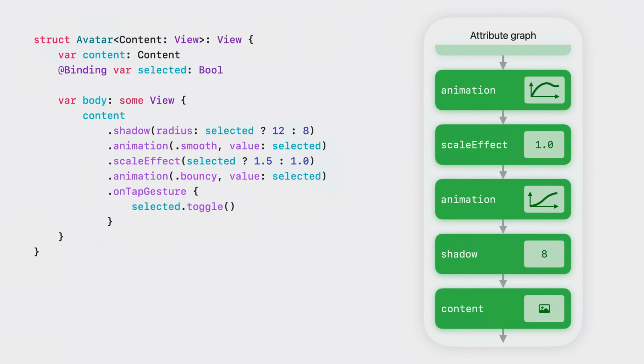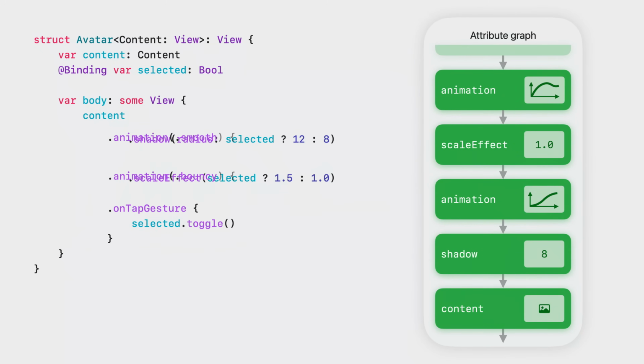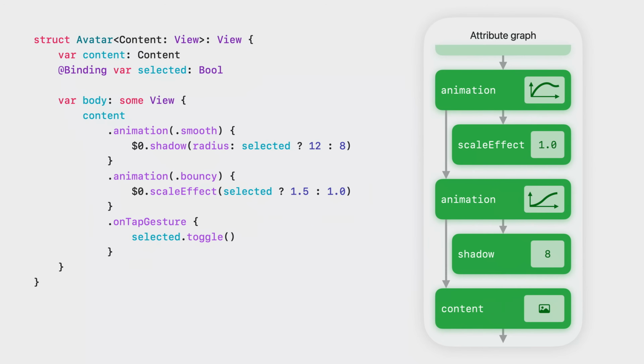Whoops. Good news. We have a new version of the animation view modifier specifically designed for use cases like this. It narrowly scopes the animation to the animatable attributes specified in its body closure. Here's how it works. Imagine there's no animation in the transaction.